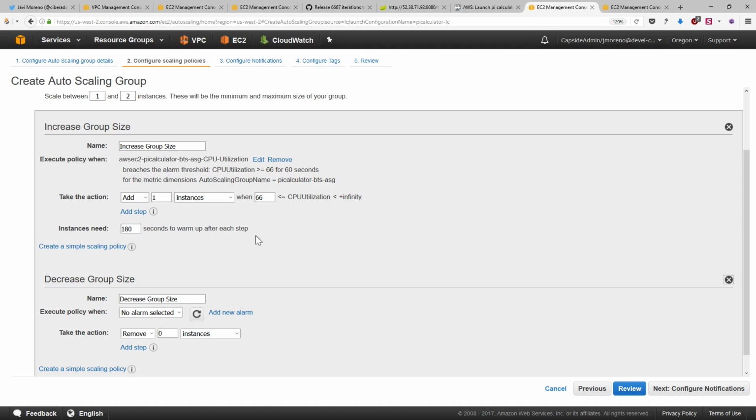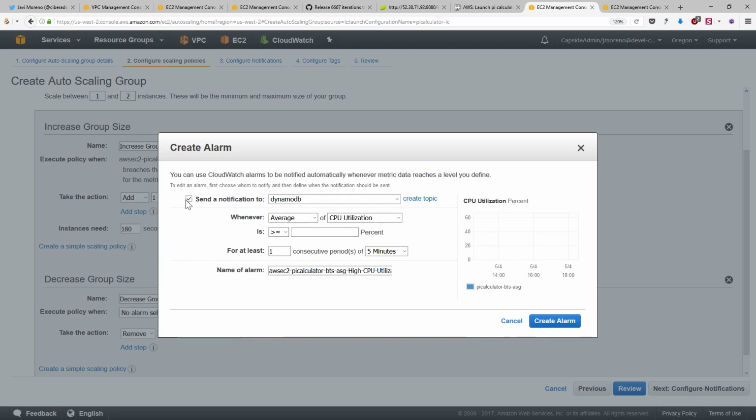Because this instance is going to take its time to get into the auto-scaling group and the load balancer, and then trying to take workload from the other instance, trying to help the other instance to respond to the new connections. The same way, we are going to create a new alarm, but on the other sense, without notifications,